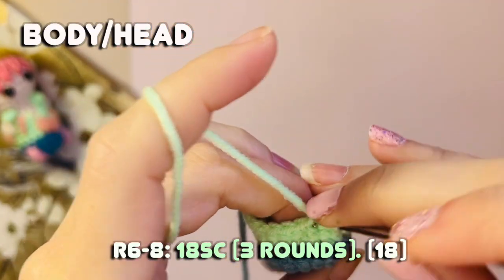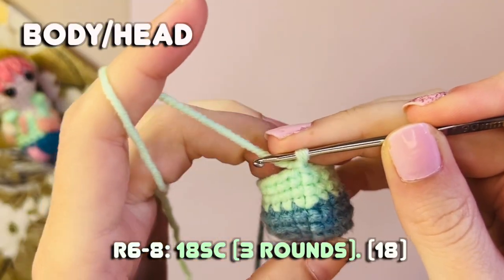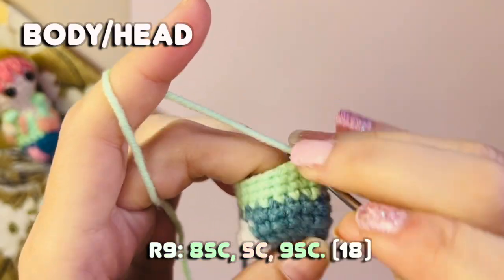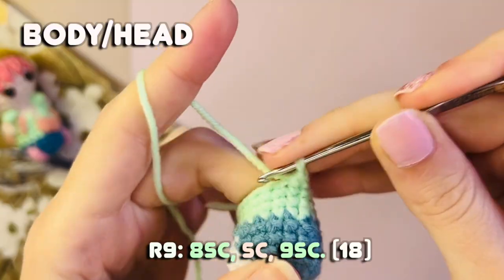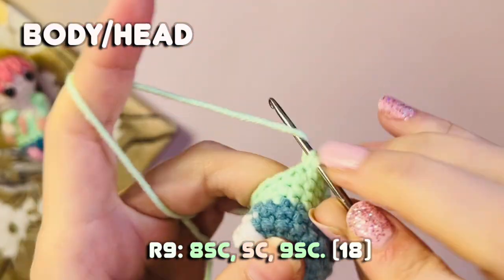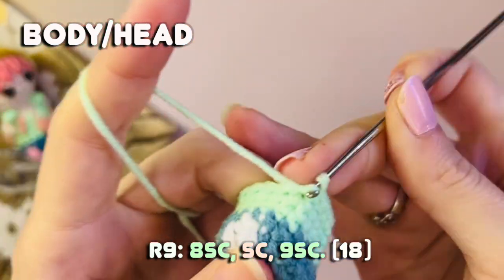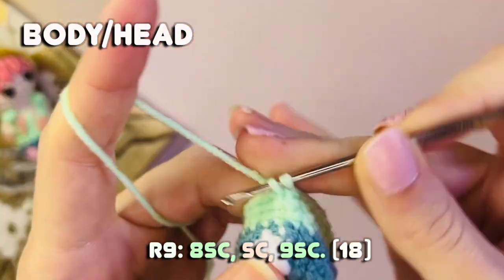Okay, so we are just finishing off round number 8, with a slip stitch and chain 1. And from here we're just going to make 8 single crochet stitches in your mint green. So we have 3 now. Here's number 4, 5, 6,